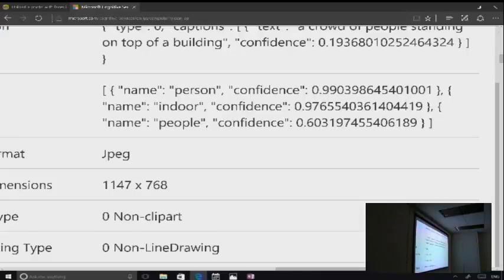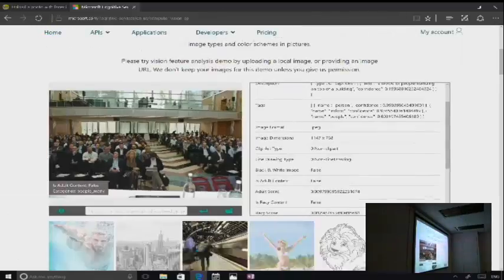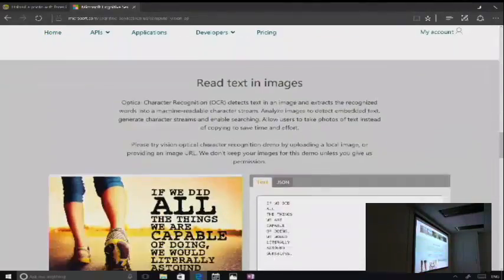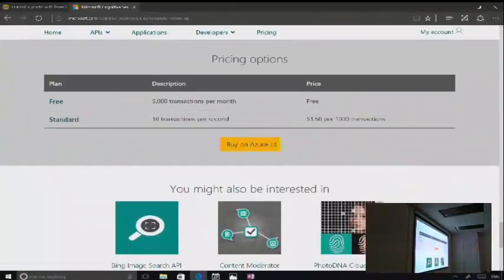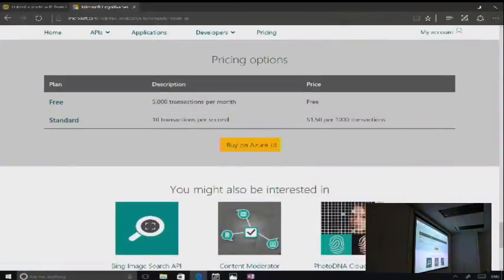There's a start point. These are open, it's free to start with. Practically every single one of these is open and free to start with. If you look at the bottom of all of these different things, where are we? Up to 5,000 transactions, so that particular image one is free, and then over that there's £1.50 per 1,000 transactions, and different APIs